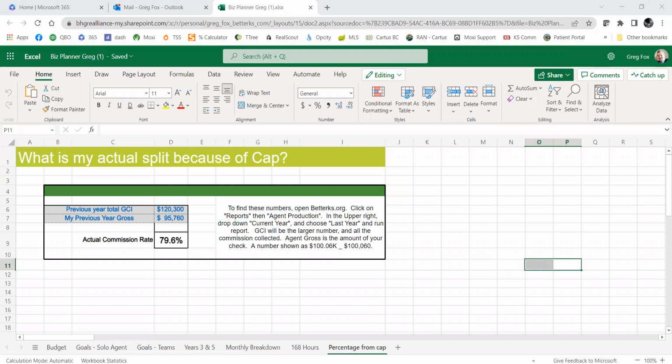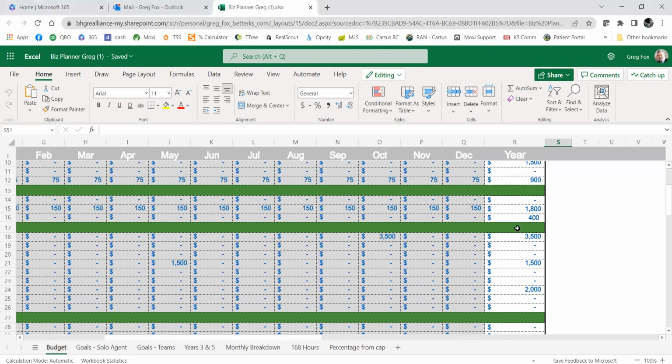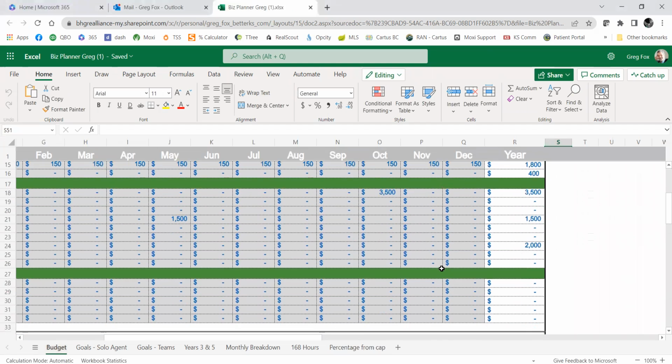We went over to the end and put your percentage, your GCI, so we can get your actual commission rate for the year. Then we went to budget, because we need to know how much money you need to make